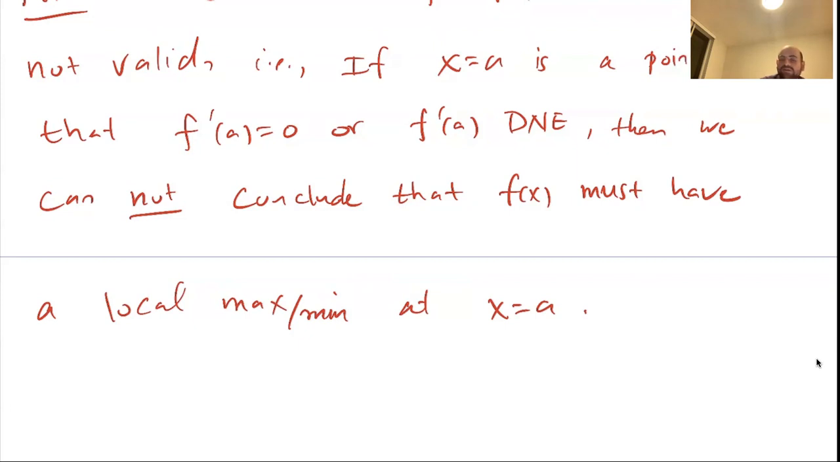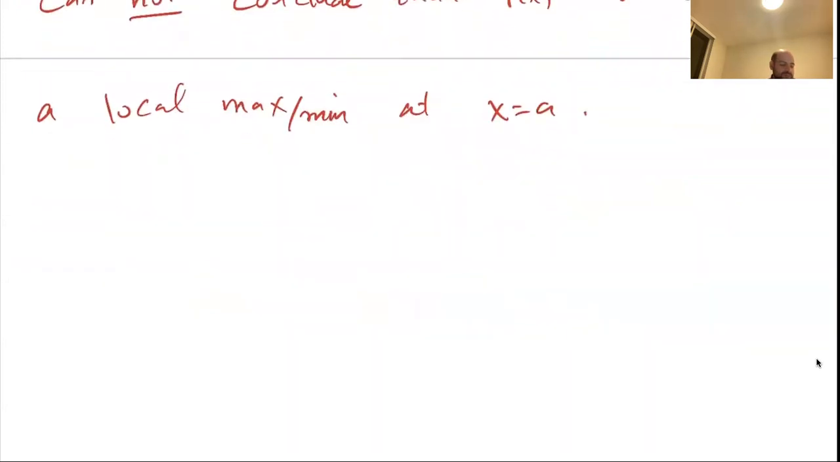But the converse is not true. If f prime is 0, or f prime does not exist at some point, then we cannot conclude f must have a local max or min at that point. Meaning that even if f prime is 0 or f prime does not exist at some point a, then the function may or may not have a local max or min at that point. So an example verifying this